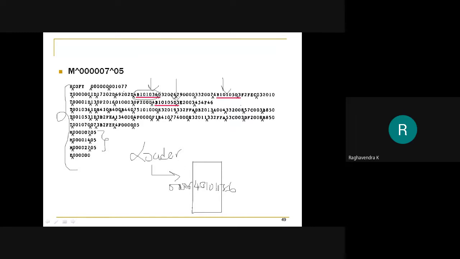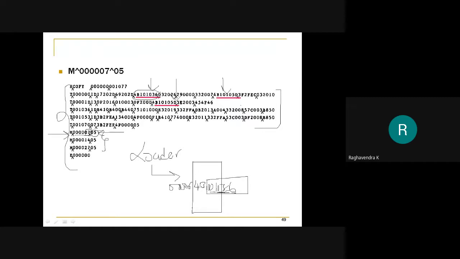Once it is done with all the text records, it has to deal with the modification record. The loader looks into the modification record and sees that there is a modification at 0007, which means this location, for the next 5 half bytes: 1, 2, 3, 4, 5.